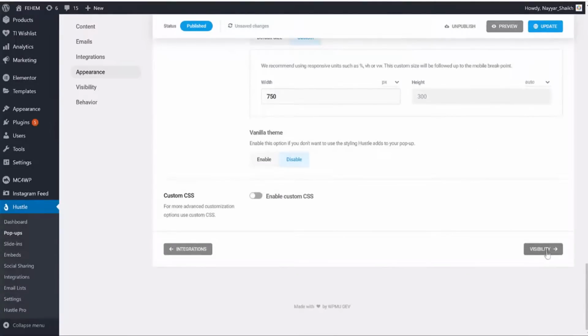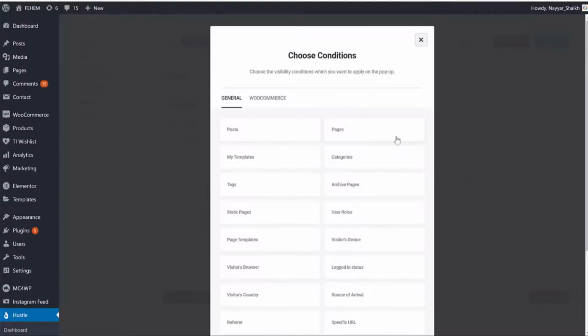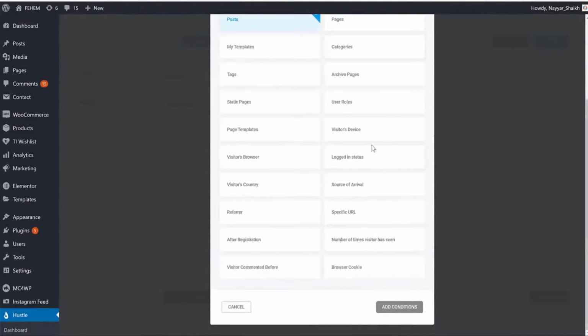I'll just go and click on visibility. Now, where do you want to show this? By default, it will display everywhere on your website. So if you want to display only on specific pages, you can click on add condition. And maybe I want to display only on blog posts, or maybe on blog posts and,